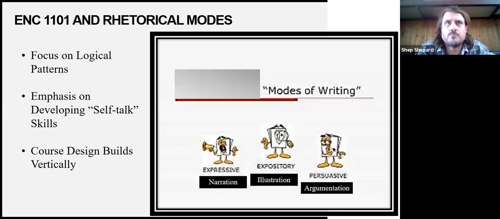And I like to think that it builds vertically so that they start with descriptive writing, which is a part of narration. They then narrate, using narration as examples in their example or illustration writing. And then with that basic form of the basic example writing template, they move into argumentative writing, where they basically